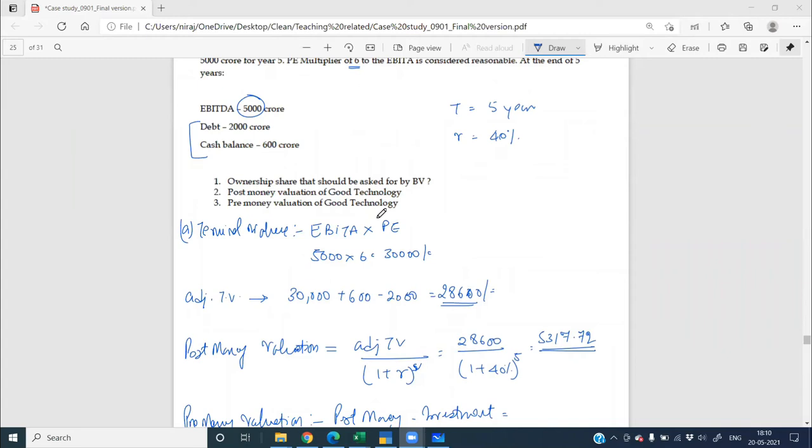That is what you are trying to do now. See, there is no direct way of calculating a startup's valuation. So this is one approach. You are trying to calculate a theoretical terminal value of the company. What you are doing is taking a multiple. Here an EBITDA multiple is given; you can be given a revenue multiple also. For example, if that company's revenue is going to be 30,000 and the multiple of other companies is 7, you would do 30,000 into 7. Basis that you will calculate, and the reason you are adjusting the cash balances and the debt is because you are trying to calculate the expected closing cash balance of the company.